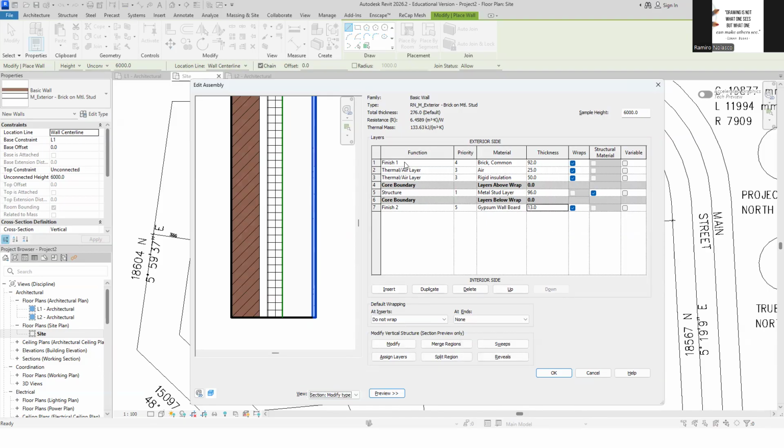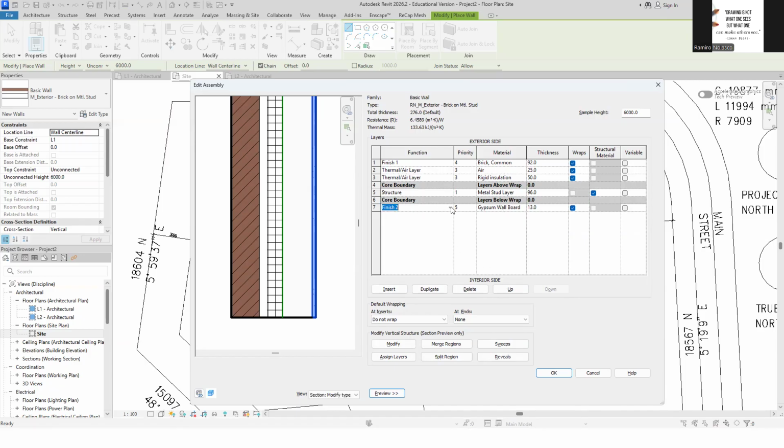Okay? Now, the functions of these are important. See, this is the finished material brick. This here is a thermal layer, air, rigid insulation. Okay? This is the structure, the metal stud. And this is the finish number 2, the interior material.